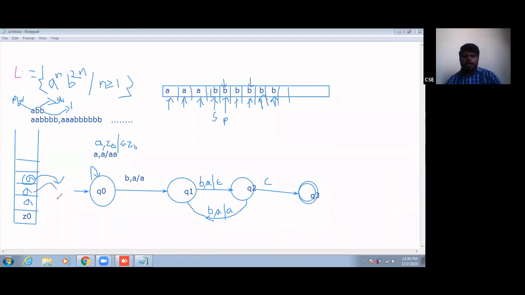That means whenever it is pop, an A has to be removed. Again this B I skip, and for the next B I pop, so this A I have removed. Next this B I am skipping, and for this B I am removing the topmost symbol of the stack as well. Now the stack is empty after completion of the input string.